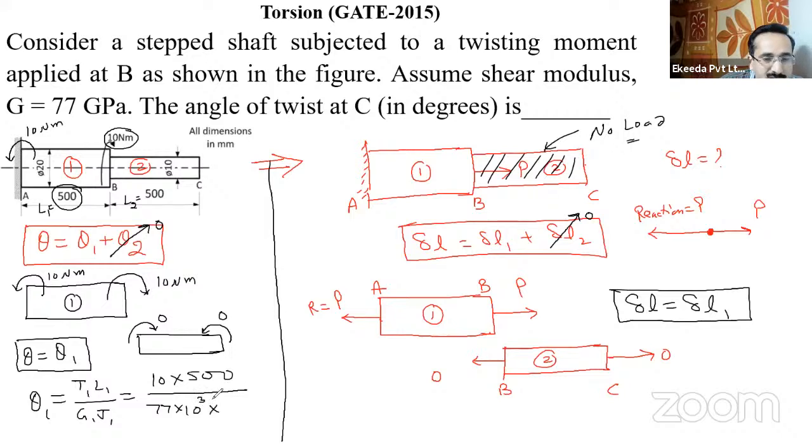And then J1 is pi by 32 d to the power 4. What is the diameter? Diameter is given as 20 mm, right? So 20 to the power 4. Solving it, you will get the angle of twist. The final result I am writing here: the angle of twist for this case will be given by